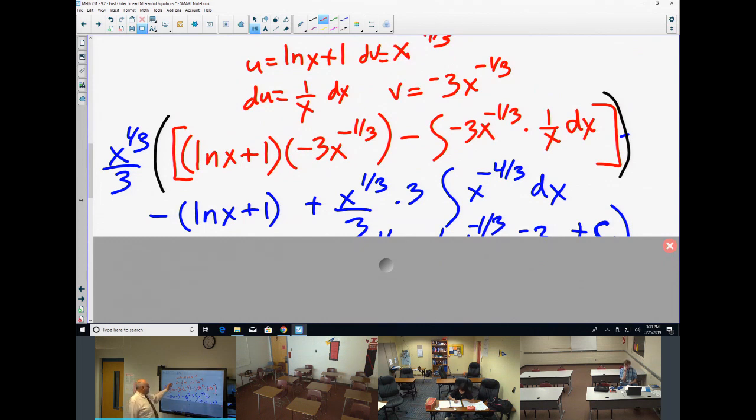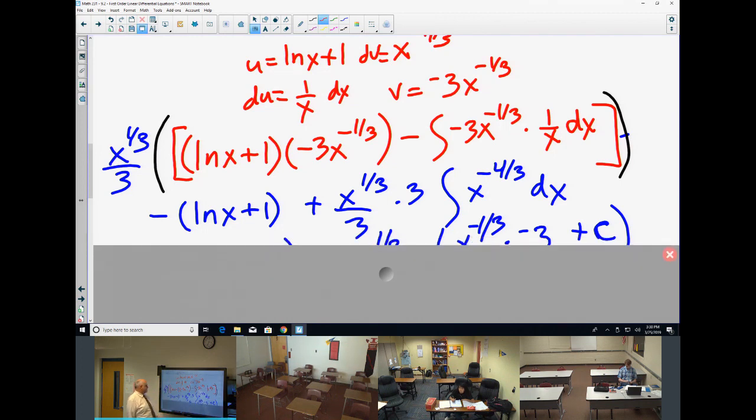So if I distribute that through, x to the 1/3 and x to the negative 1/3, those are going to cancel. So I just get ln of x plus 1... see, the 3's cancel, the x's cancel,